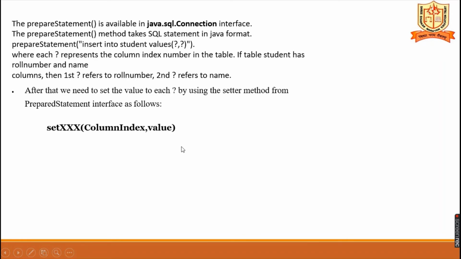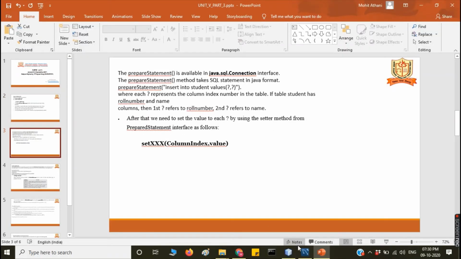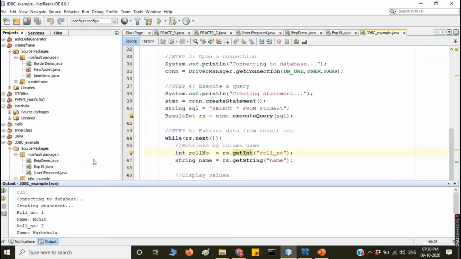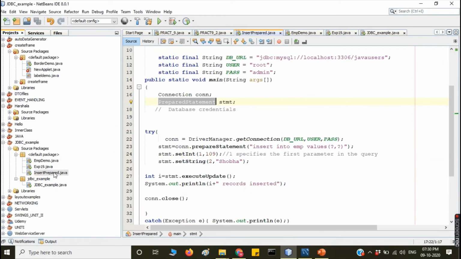See here, I will show an example. Using PreparedStatement, here is the prepared statement example. It is the same as before: you have to load the driver, make the connection, and using the connection, prepare the statement object. That is stmt, the PreparedStatement. So con.prepareStatement. See the method prepareStatement. The interface is PreparedStatement, with a capital P.